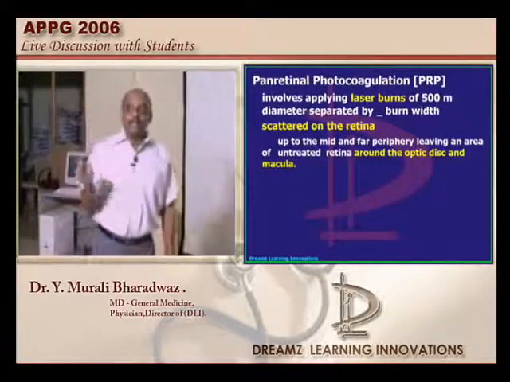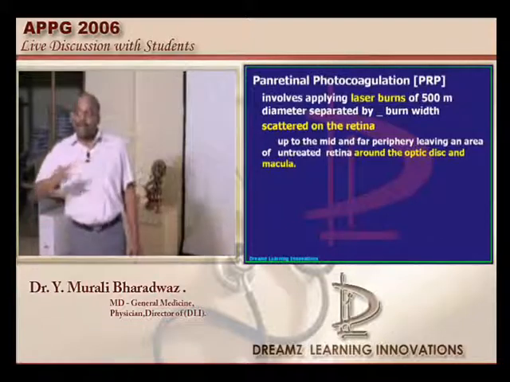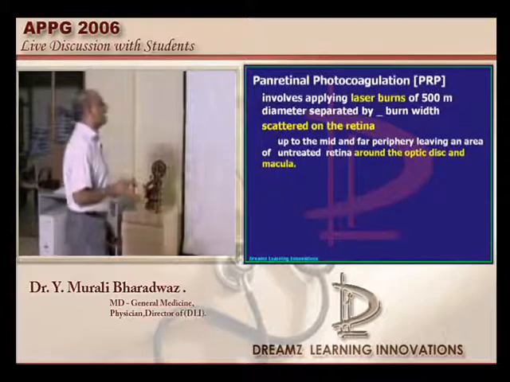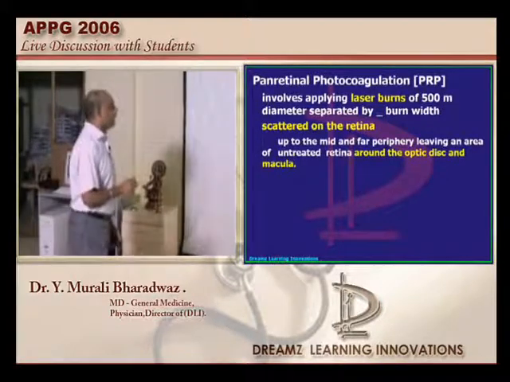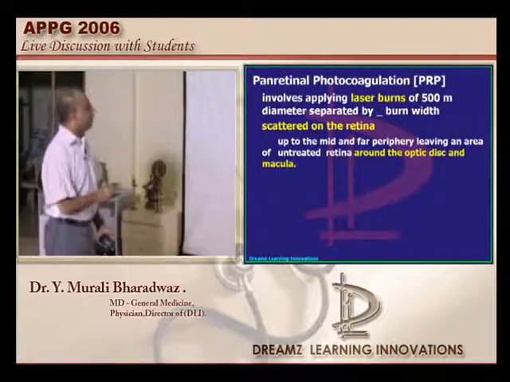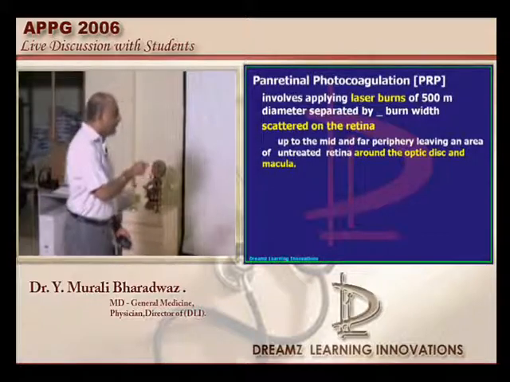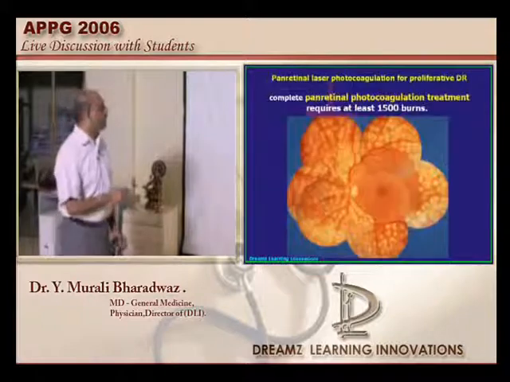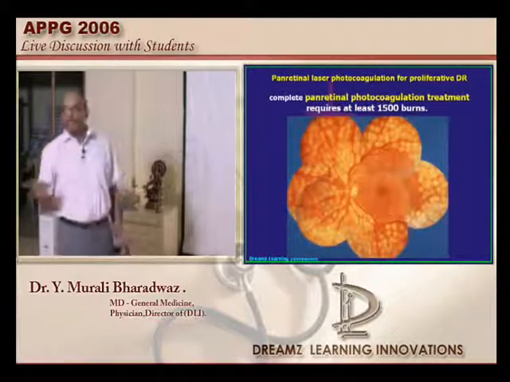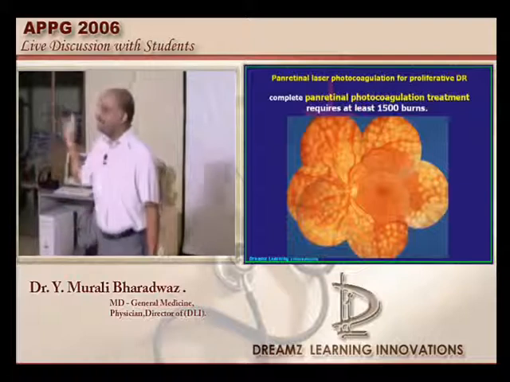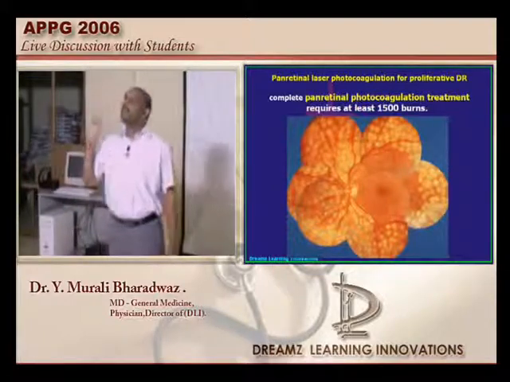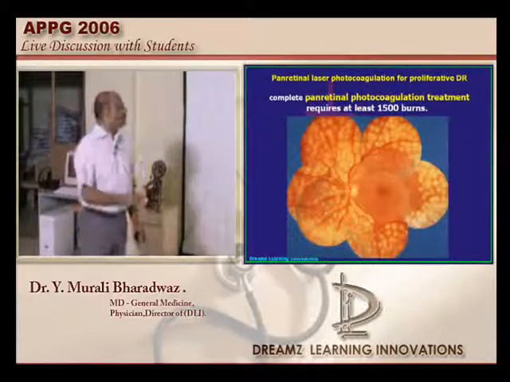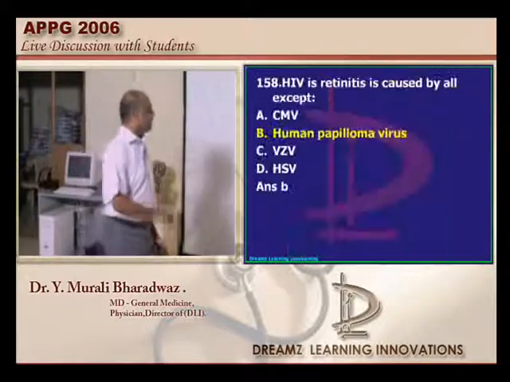Here what we use is not the grid photocoagulation, it is called pan-retinal photocoagulation, where we will be applying laser burns of about 500 nanometers diameter, which are separated by about a burn width. So this is the final look at the end of pan-retinal photocoagulation, which is what I want to underscore to all of you. So there is a reason, doctor: out of the options given, grid laser is typically used in the wet type of age-related macular degeneration, which is going to be a possible answer. Let's go to the next question.